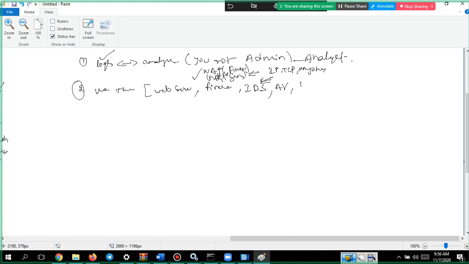Then, for example, database logs will also be monitored, Windows logs, Linux or Unix or anything you can say. All these log sources we'll be going to discuss.